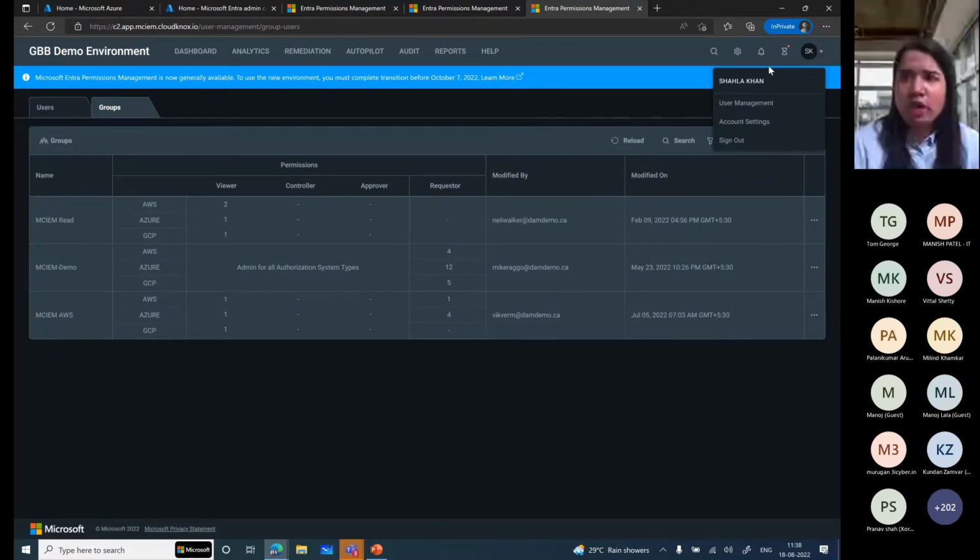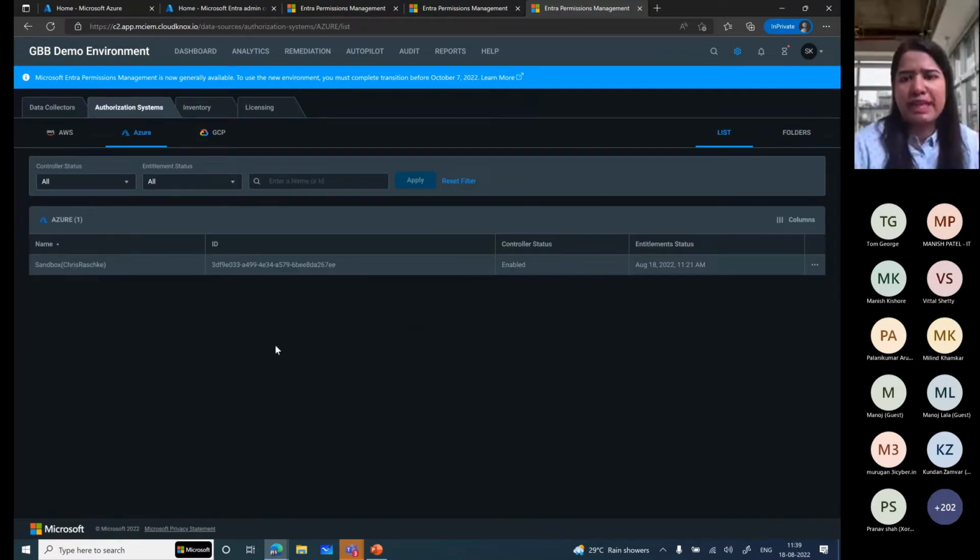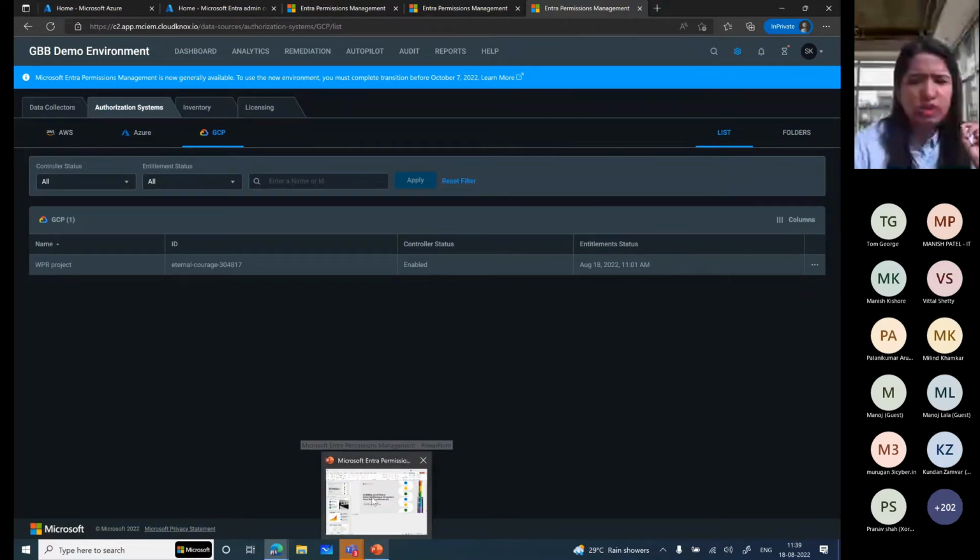The onboarding of all the solutions within this tool is a very simple, API-based configuration. It takes less than 1 hour to onboard Azure, AWS, and GCP within the platform. So it's not a very difficult thing. In fact, what we do now is we